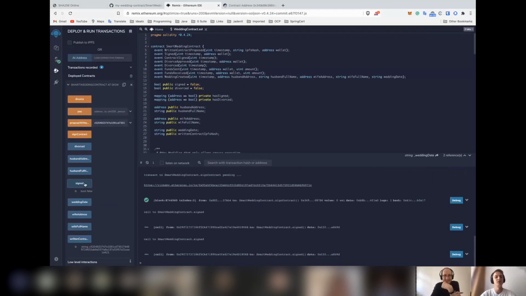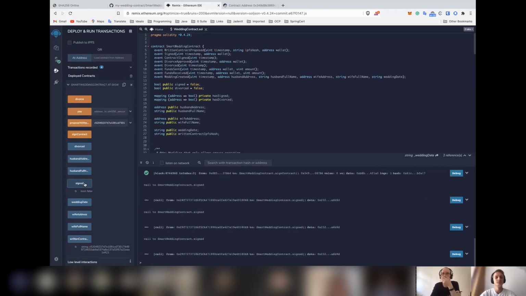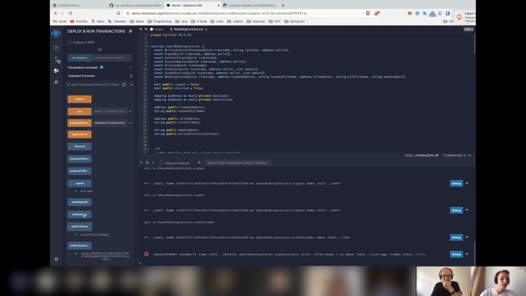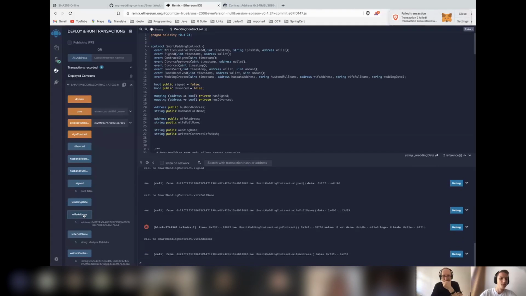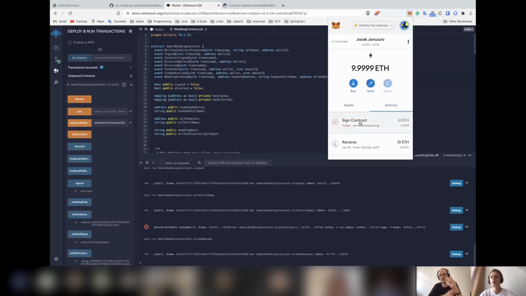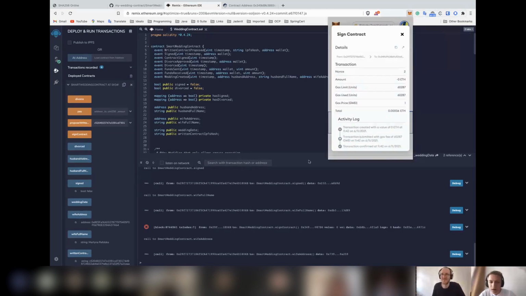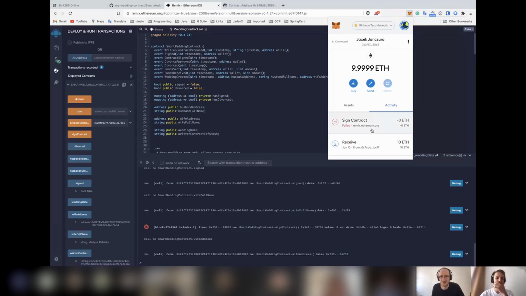Wait, need to wait a bit. Transaction failed. Yeah, I didn't specify enough gas fee, but you know the point that if you don't specify enough fee,